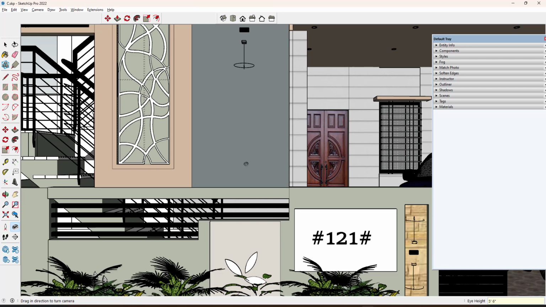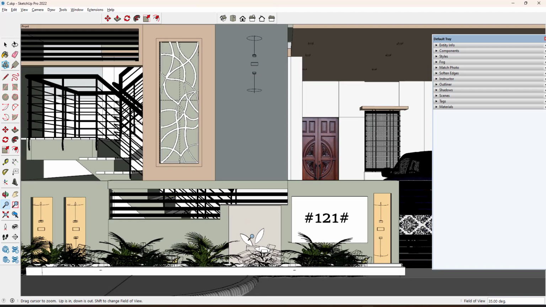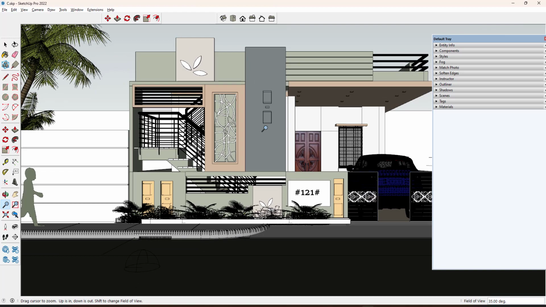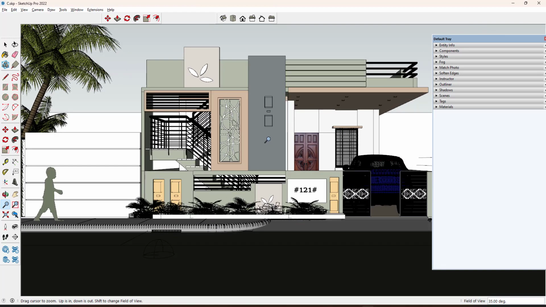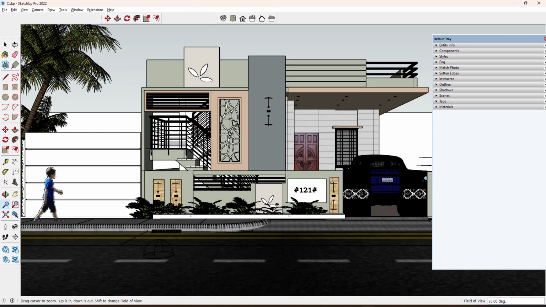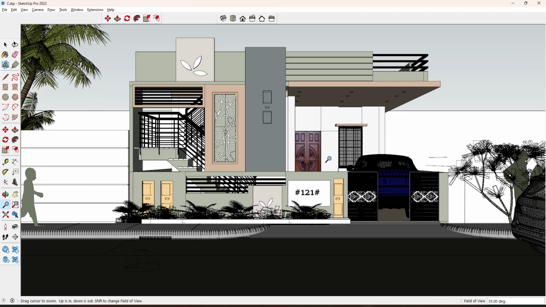Now I want to zoom out. For that, use the zoom command. When I click on the zoom command, you will get the field of view. That is nothing but which area or in which angle we are going to cover. So I am just zooming out a little to cover the whole area of the project, a required area of the project. This is the targeted area I have to show the client. So I am just closing this default tray option and then covering it.